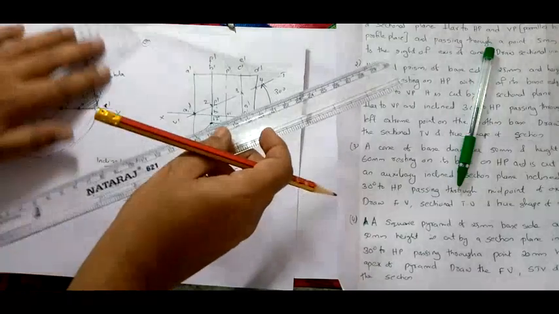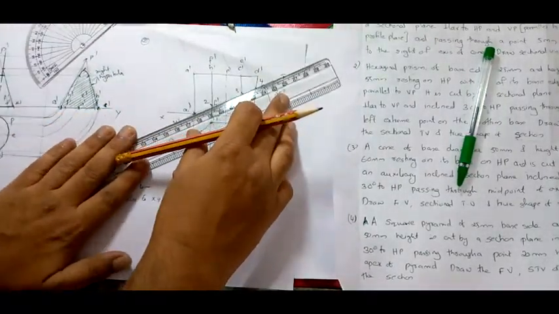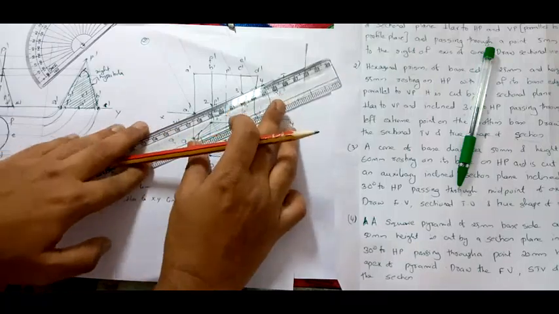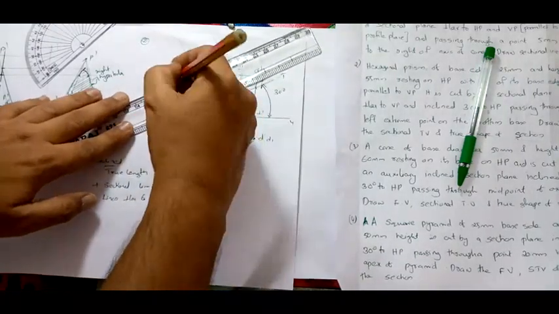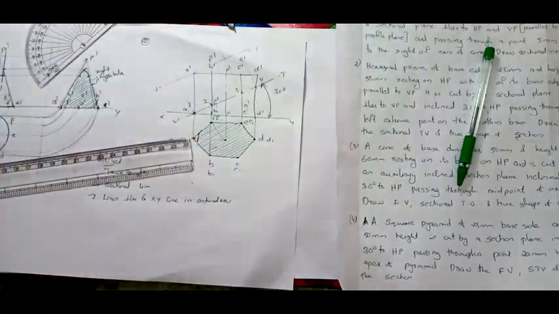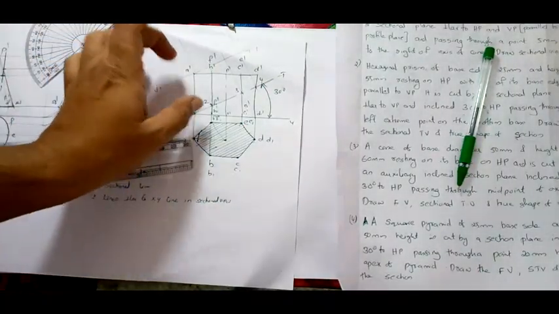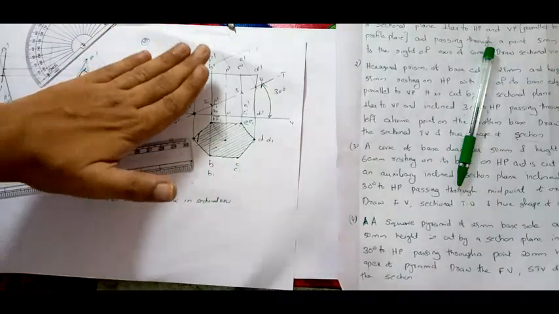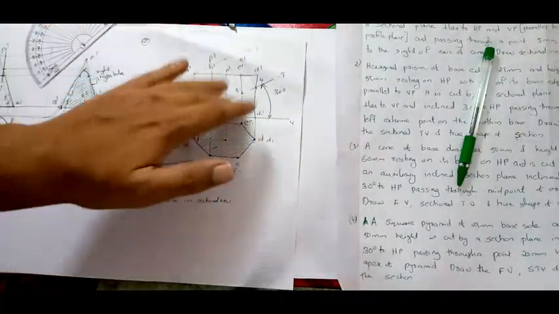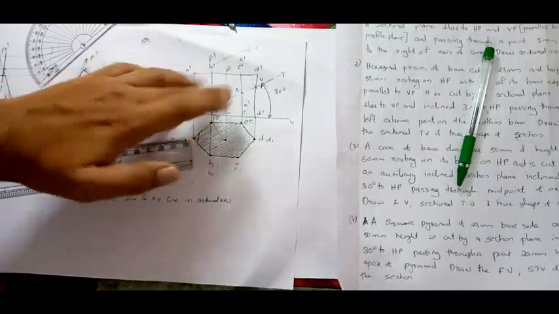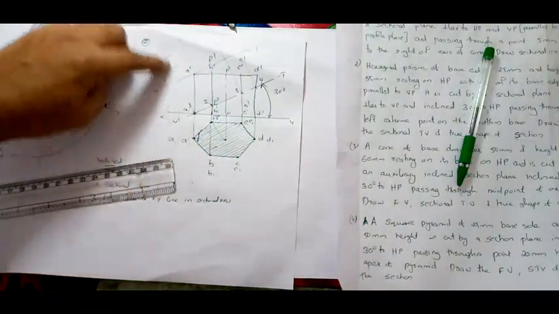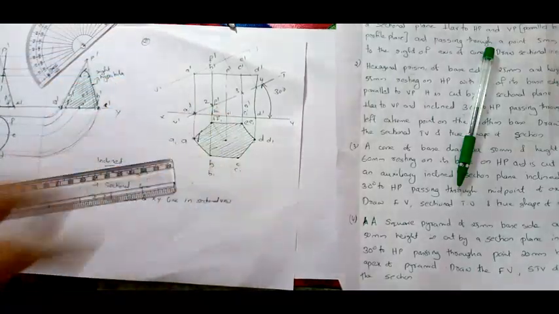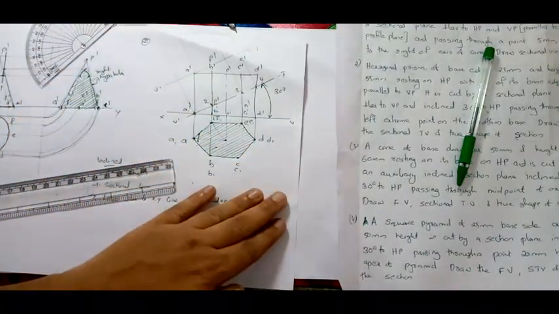Now place your roller scale like this and draw a line parallel to this line, away from it, parallel to the same v dash t dash. I am drawing this line in order to draw the true length away from these two views. It should not coincide with either the front view or top view, that's why I have drawn it like this. You can draw these perpendicular lines either upwards or downwards according to your space limitation. If you have space downwards, you can draw them downwards.